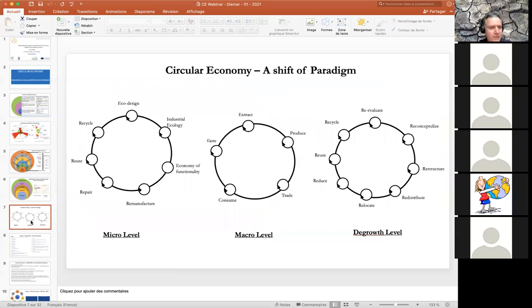I start to believe we have today a very nice framework. If you check, for example, the Ellen MacArthur Foundation, people are working on eco-design, industrial ecology, economy of functionality, manufacture, repair, reuse, recycle. I mean, this is what we're doing at the micro level for the company anyway. And I will show you that it's not easy, but it's pretty easy to measure something and to agree on different indicators. Now, the big issue is to start this, to go to the macro level, because when you go to the macro level,